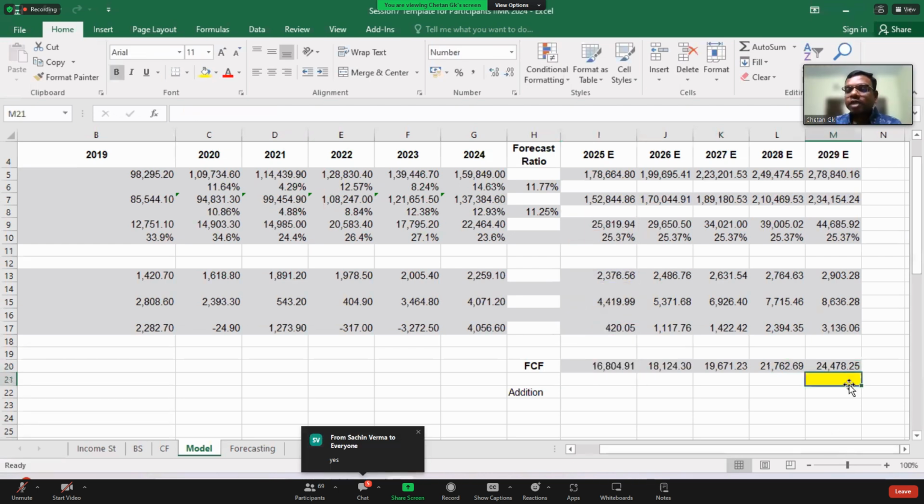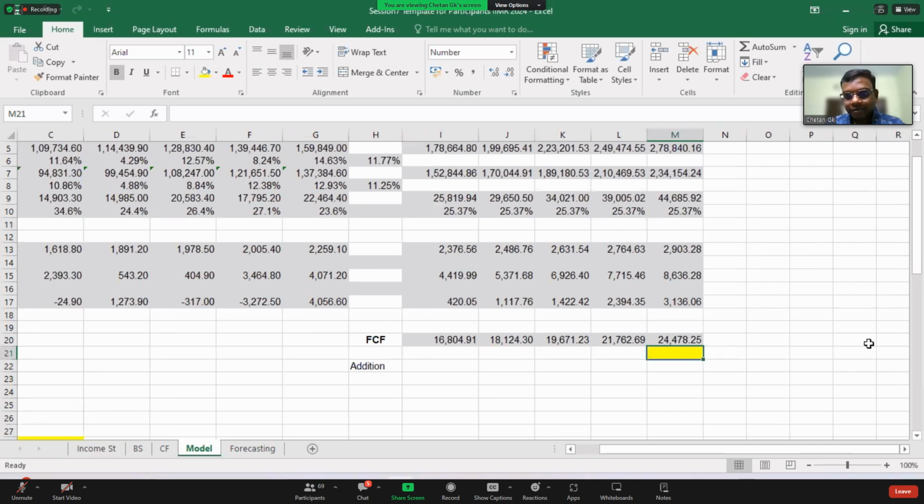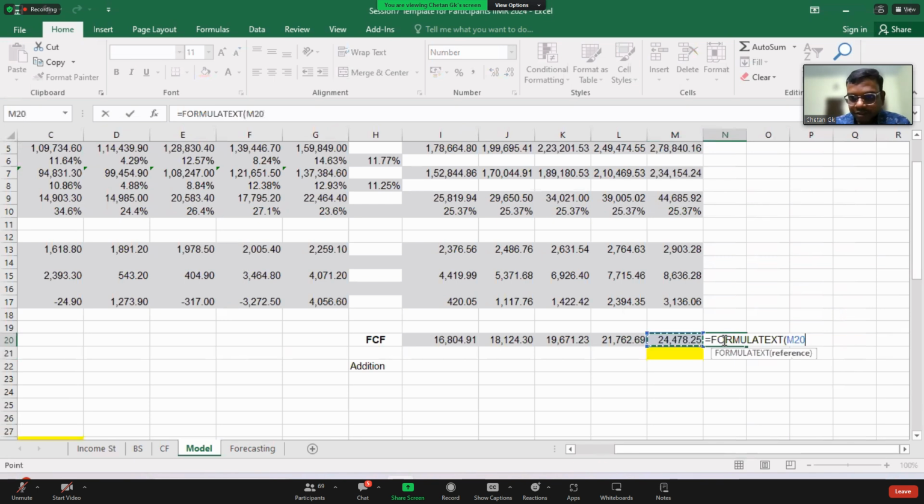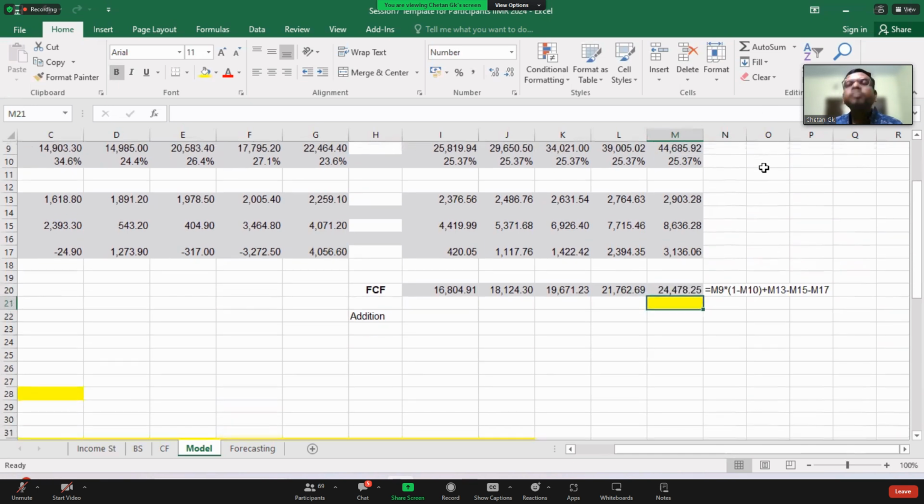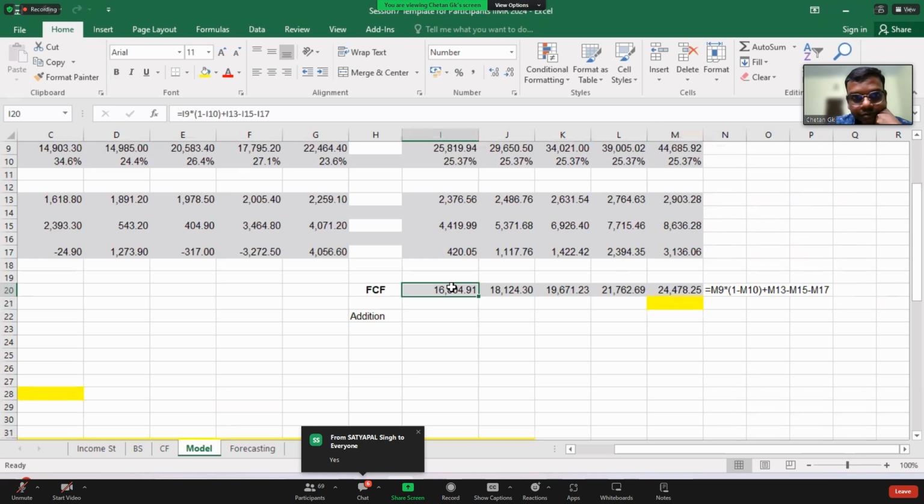Okay, so can you come to this yellow cell and put your cursor there? How we have computed, I'm just going to put it as a formula text. So what we have done so far is computed the forecasted FCF for the next 5 years.